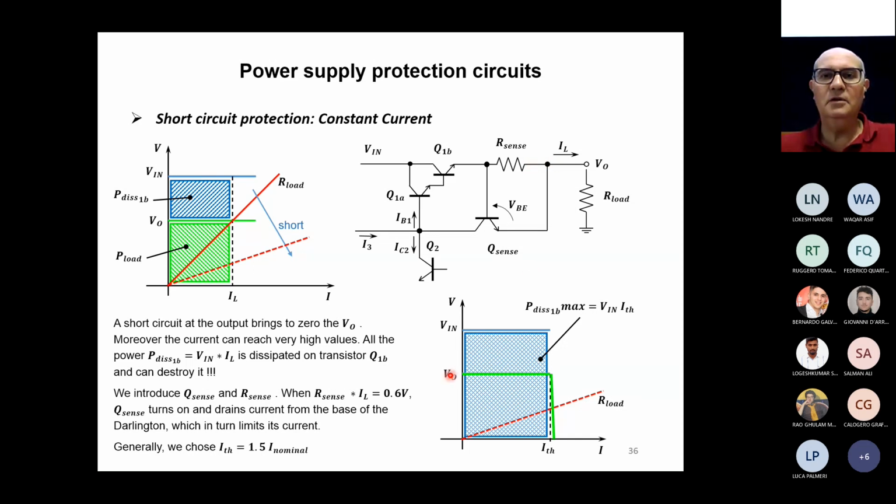So that's the reason why I plotted this stuff here. This graph means that if I have a load represented by this red line here, okay? So let's suppose that we have first a load